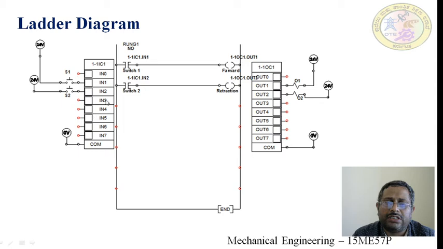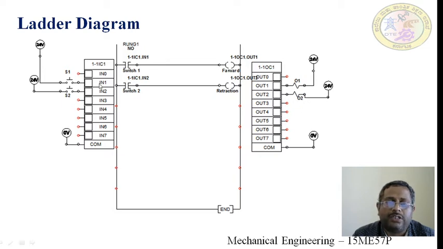First, we have to insert the PLC input card and PLC output card, and then we have to insert a rung. In that, we have to create two rungs. The first rung is to control the forward motion, and the second rung is to control the retraction motion. Two input contacts are used in each rung. In the first one, switch 1 is used to operate O1, that is solenoid 1, which controls the forward motion of the piston, and switch 2 is used to control the retraction motion of the piston through solenoid O2.